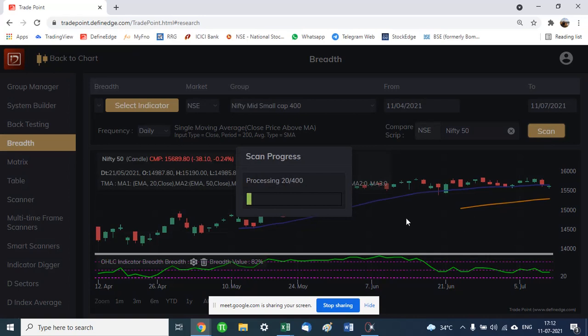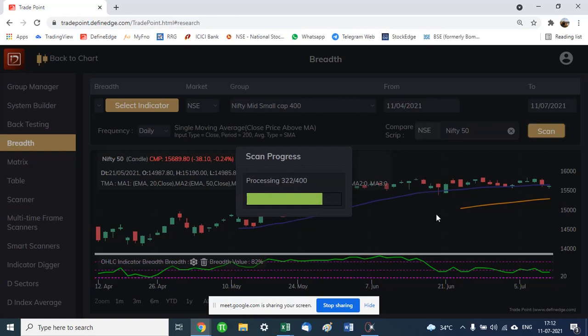This was an astonishing result. Though you would normally assume it because we have been in such a bull market, if you see it with your eyes, you realize it's above 90%. So almost all the stocks in the mid and small cap 400 are right now trading above the 200-day moving average. So these kinds of scans you can run to get an idea of market breadth and what the market is doing overall. You can get it as a snapshot. We'll just wait for the scan to finish.